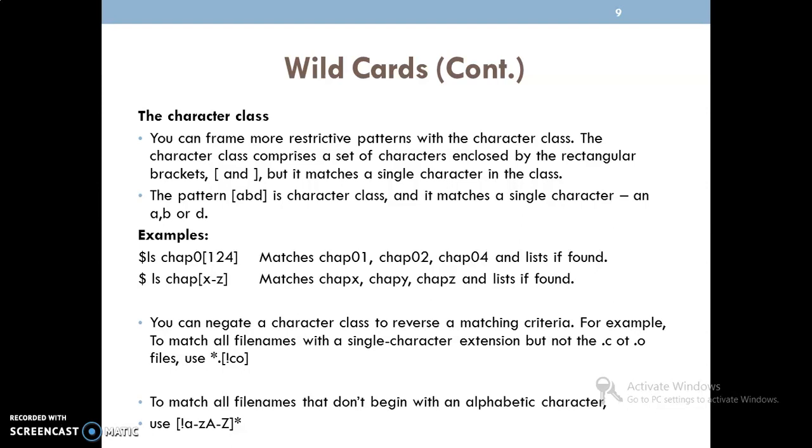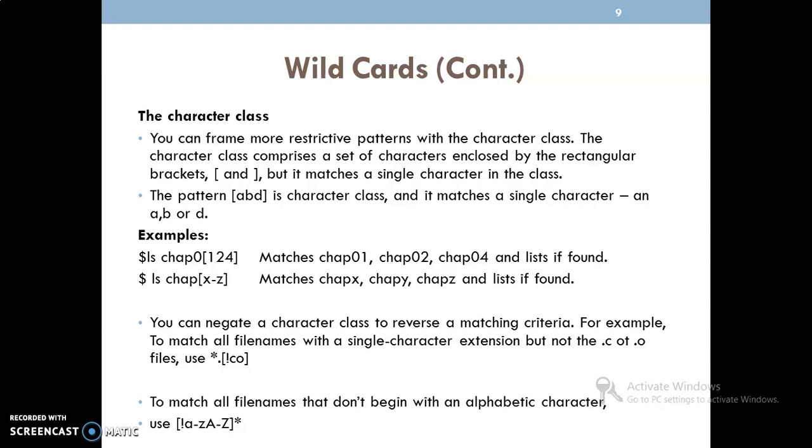If I have a pattern like [ABD], it is a character class and it matches the single character A, B or D. Let's look at examples. ls chop0[124] means we are matching file names beginning with chop0 followed by 1, 2 or 4: chop01, chop02, chop04. It is not like 0, 1, 2, 4. It is only taking one character from the brackets.